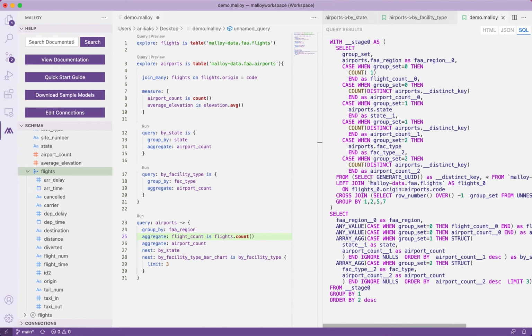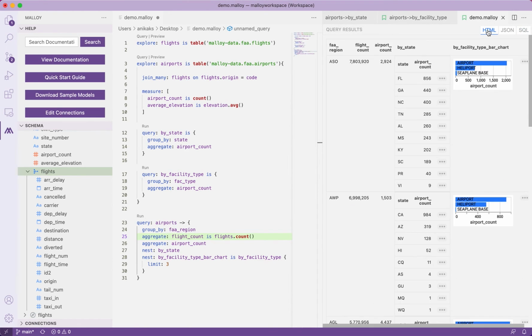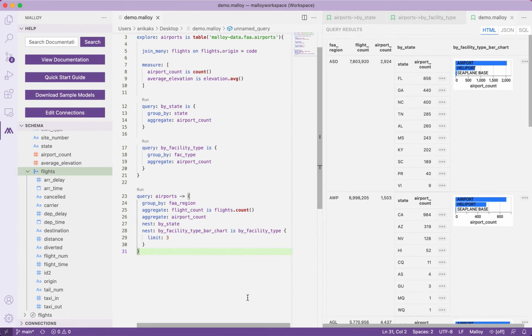The other thing I should point out as I go into this SQL here is that this is all a single pass. So even though I have these multiple nested queries and everything, it's turning this into a single pass of our BigQuery data set, which is really efficient and great. Now, these nests can actually be nested as deeply as we would like. So for example, if inside of by state, I would like to further nest, let's say, the top 5 carriers